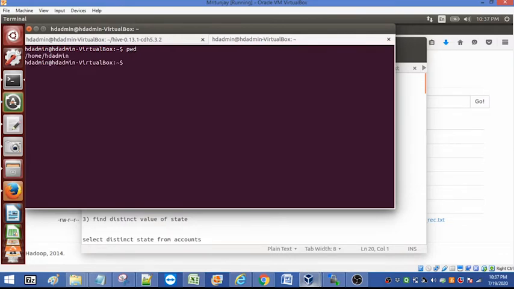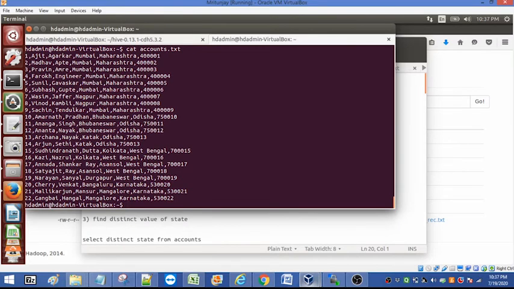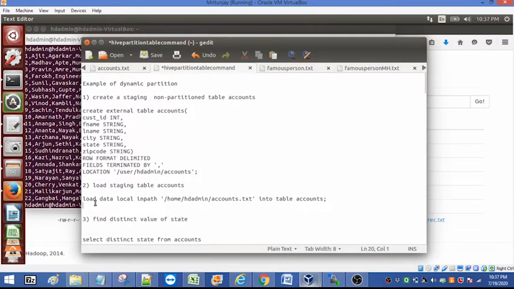We are in the home directory, cat. This is the file that we are going to load to the staging table. This is the command.